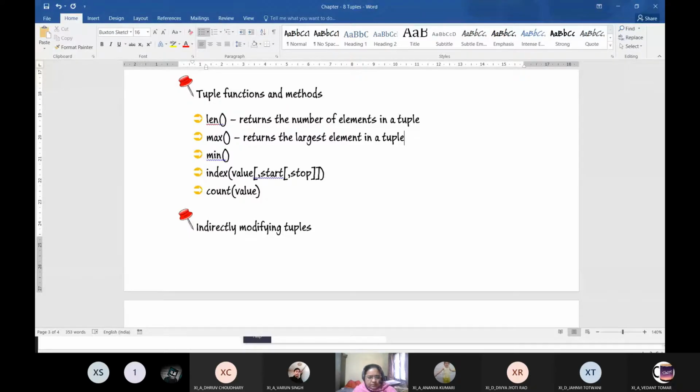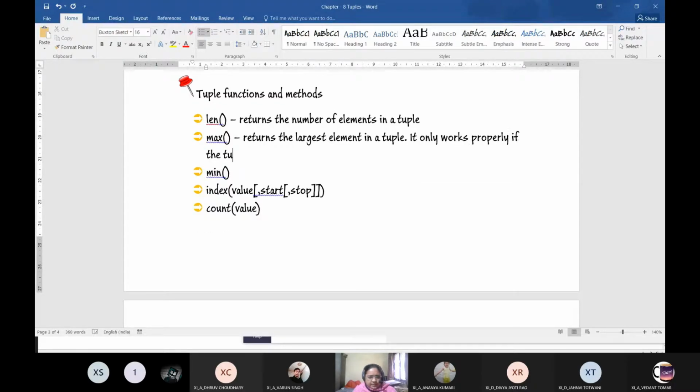And also you have to be careful. It only works properly if the tuple contains identical elements, that is elements of the same type.